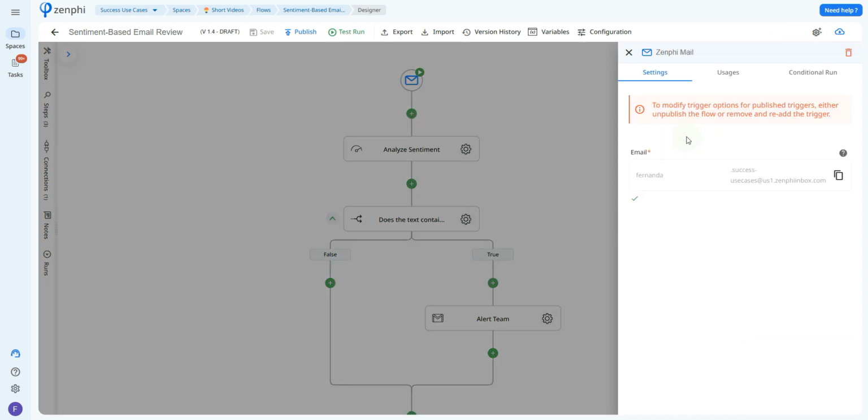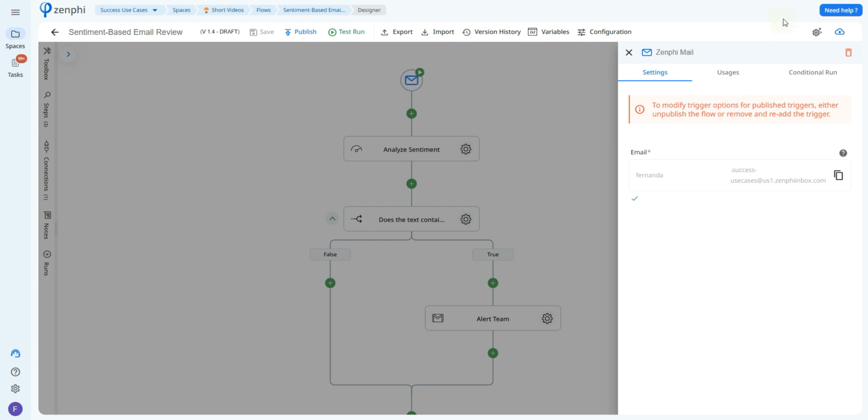Now, how does Zenphi Mail work? You're able to forward or send emails to this specific email that you can configure. You're going to be set a domain based on your workspace. Now, what you're going to be able to do is now you can send emails from any email provider. It doesn't have to be Gmail. And even if you use Gmail, you don't have to grant access to your entire inbox anymore. You can just send the emails that actually matter by setting up maybe a forwarding, or you can forward the